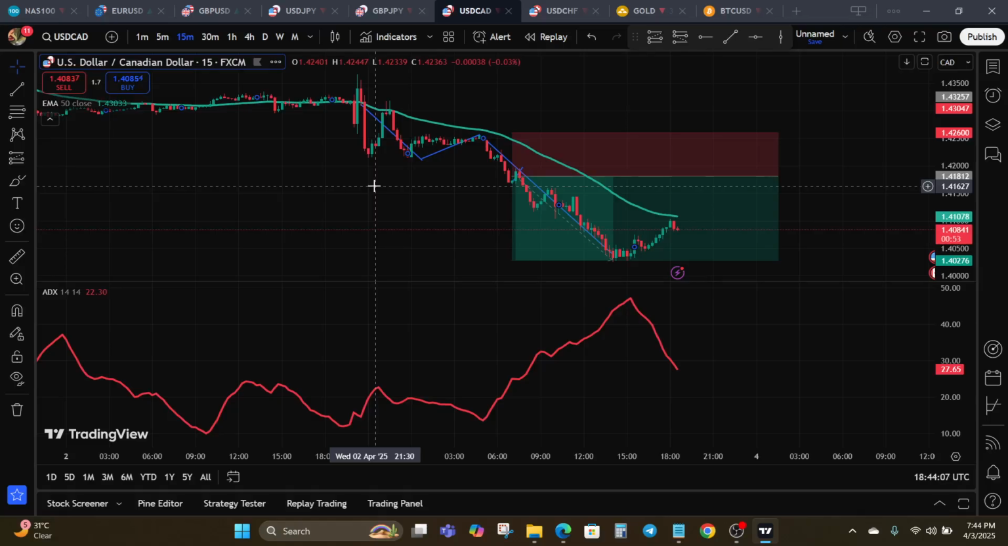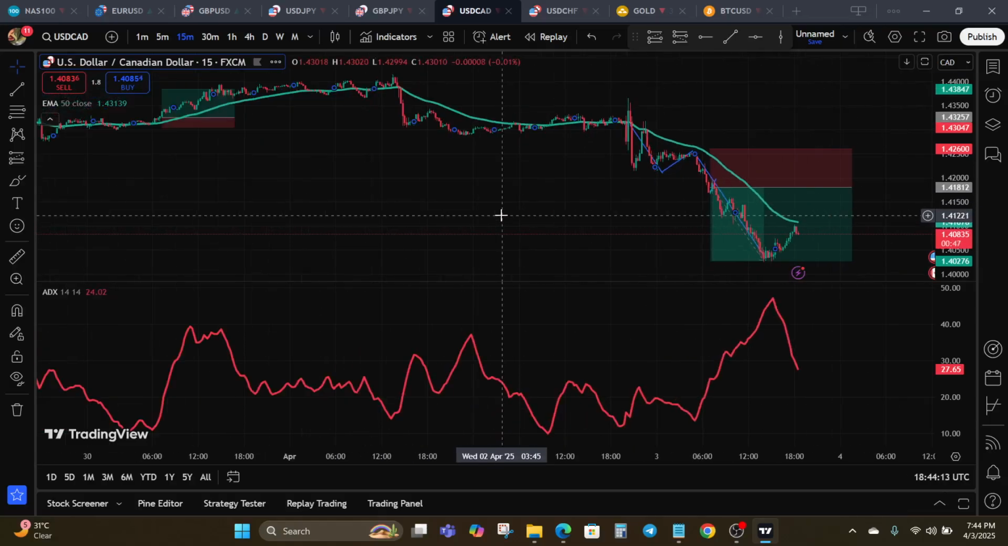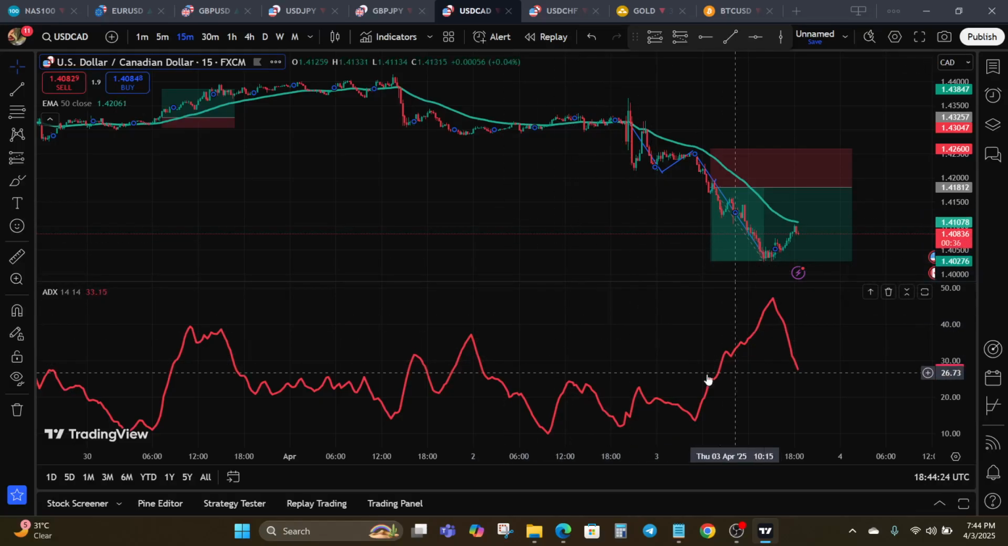Now, here are a few tips to make this strategy even more effective. Remember that the ADX confirms trend strength, while the EMA confirms trend direction. So only trade when the ADX is above 25. Weak trends lead to fake signals. So make sure that the ADX has confirmed that that trend is strong before you jump in, to be on